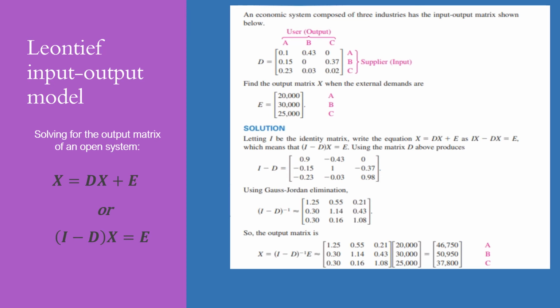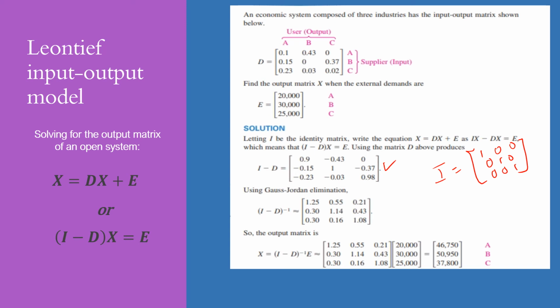If you are trying to find the solution for this, first of all, we must take I minus D. I is a unit matrix and D is already given. When I'm taking unit matrix I, since it is a 3 by 3 matrix, it must be 1, 0, 0, 0, 1, 0, 0, 0, 1. So I minus D is this, and the inverse of I minus D will be this result. You can make use of your TI-83 and get the result easily. So X will be the inverse of this I minus D multiplied by the external demand matrix E, and hence you get the values for A, B, C as